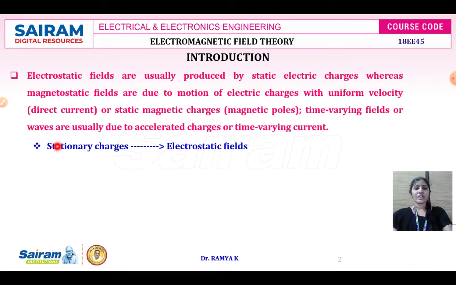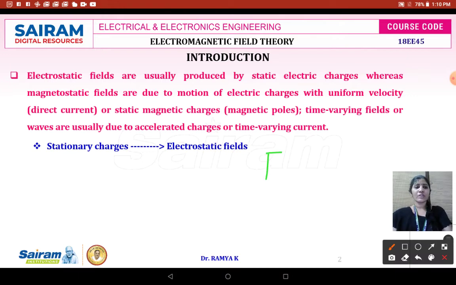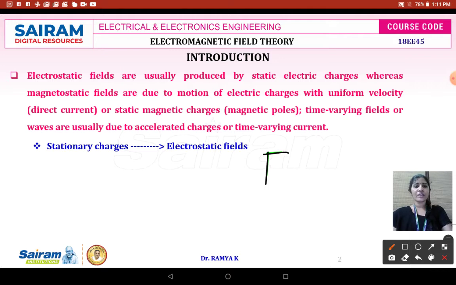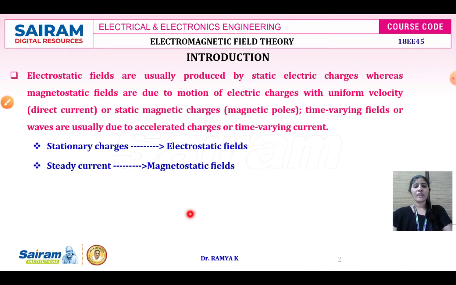When you consider a static charge, an electrostatic field, as we all know, the force exhibited due to electric charges, Fe, that is the electrostatic force, is equal to Q into E. Here Q is nothing but a static, stationary charge. It is not moving, it is stationary. Therefore, a stationary charge means you will have only an electrostatic field. When you have a steady state current, then it is going to be your magnetostatic field.